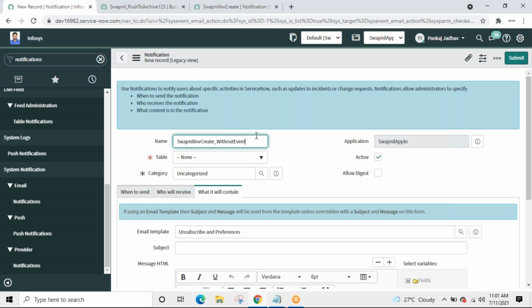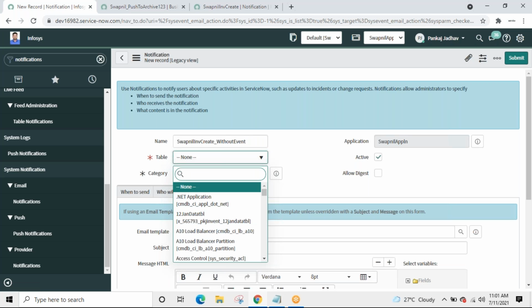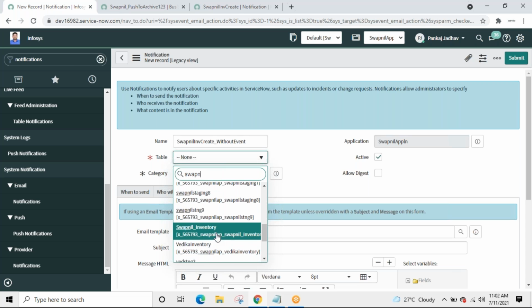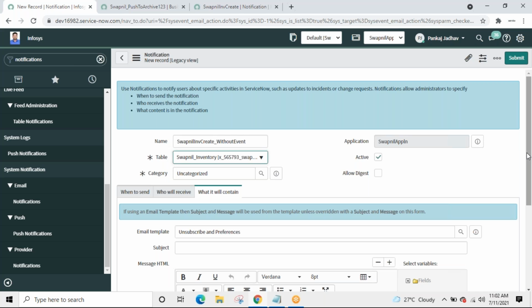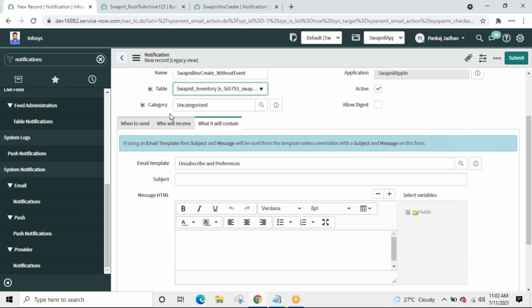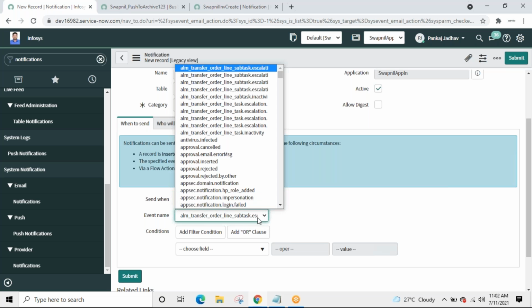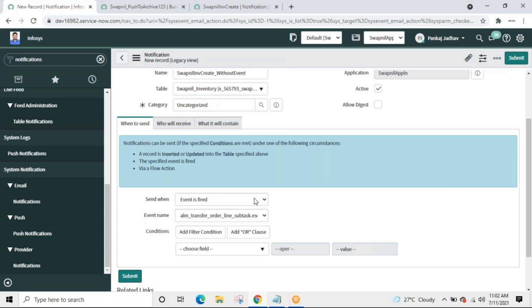Without using event, just to differentiate, I'm giving a meaningful name. Select our table. Okay. Now, when to send. Here's the difference. In our notification, we selected this and specified the event name. But now I'm telling the system